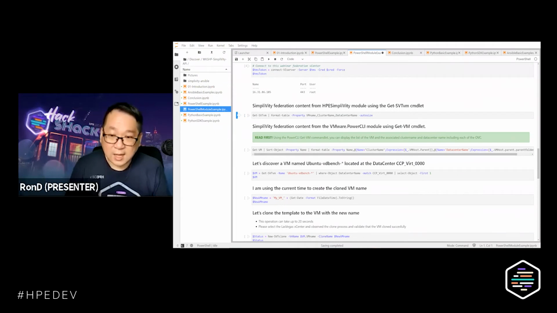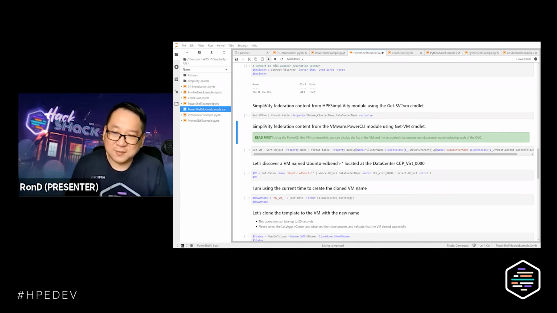And now we have the ability to provide information of our SimpliVity federation, both from the SimpliVity module or the VMware PowerCLI module. Apparently, we can do two things at the same time, two things in a different way, I'm sorry.